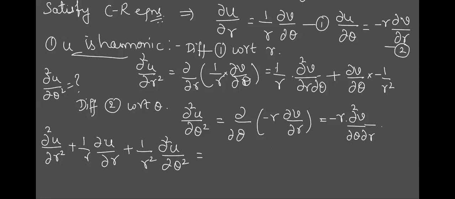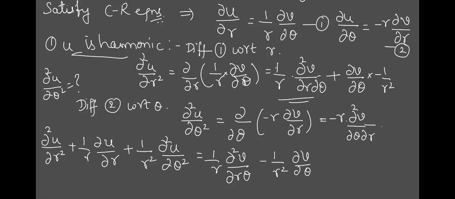0. Okay. Now what is the value of ∂²u/∂r²? Just substitute. So 1 by r ∂²v/∂r∂θ. This is now plus into minus. What do I have to write here, minus or plus? A minus. Okay, what is this? Only the value of this one term. This term has given us the two terms.